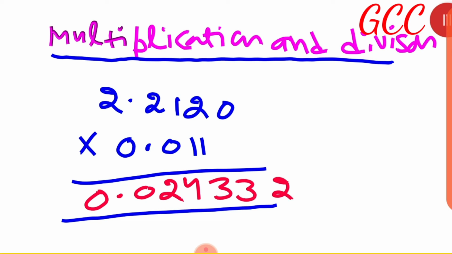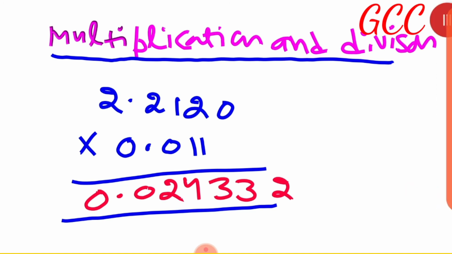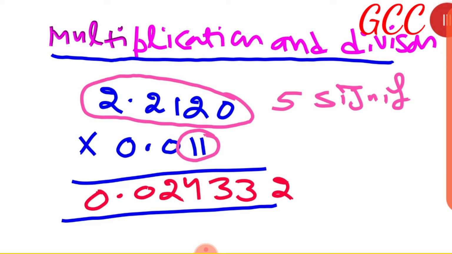हमने अब एडिशन एंड सब्ट्रैक्शन वाला रूल यहाँ पर नहीं लगाना. Okay, we are not going to follow the addition and subtraction rule. क्या करना है हमने यहाँ पर? अब यहाँ पर देखना है हमने first, this one is having how many significant figures? 1 2 3 4 5 significant figures. Yes or no? And this one is having only, because 0 we are not considering, only 2 significant figures. So which is the least? 2 is the least. Then the answer में क्या आएगा आपके पास?